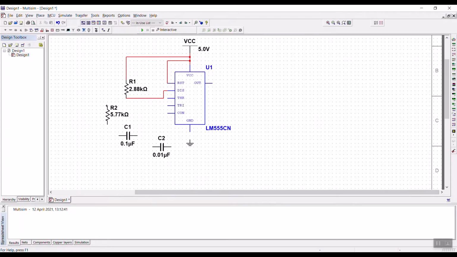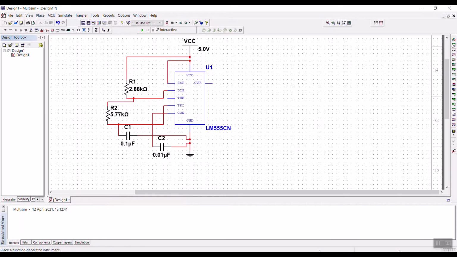After which one end of R2 will be given to R1 end and the other end of R2 would be given to trigger. Then one end of C1, that is 0.1 μF, to R2 end, and the other end is given to ground connection. Before that you have to make the ground connection and just drag this so that you'll get extra space to do all the connections neatly. So one end to the R2 and the other end to ground. So C2, one end to the control, the other end to ground.